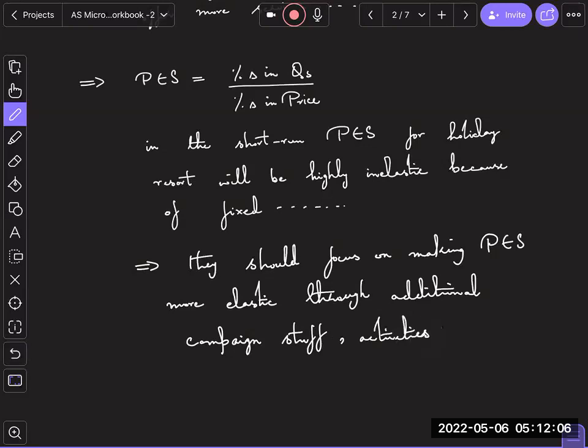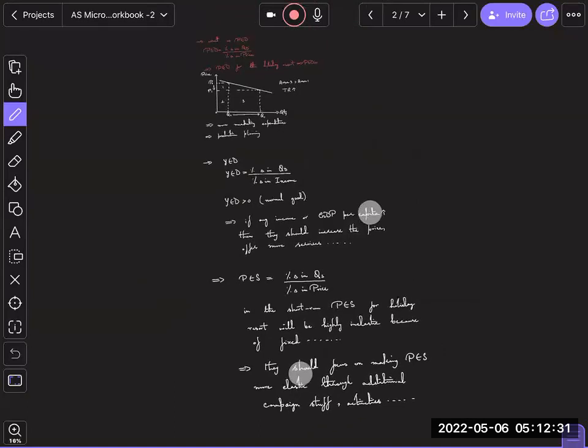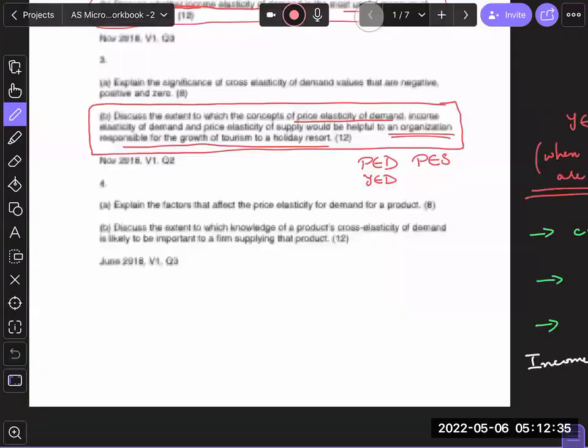सही। अगर आपके पास accommodations ना भी हो तो आपके पास there should be added activities जिनको आपके टूरिस्ट एंजॉय कर लें फॉर अ टाइम भी। लाइक अगर आप उनको accommodation नहीं भी दे सकते तो ये सारी सर्विसेज दे दो, जैसे फॉर एग्जांपल कोई बोट राइड है या कुछ इस तरह की चीज है, टूर गाइड्स हैं। सही है। सो इन ऑर्डर टू इंक्रीज योर एक्सपोजर टू द टूरिज्म, टू द टूरिस्ट। सही है। इसके बाद ये तीनों चीजें आपने बता दी कि भाई पीईडी की ये यूजफुलनेस है, वाईडी की ये यूजफुलनेस है, पीईएस की ये यूजफुलनेस है। नाउ गोइंग बैक टू द क्वेश्चन